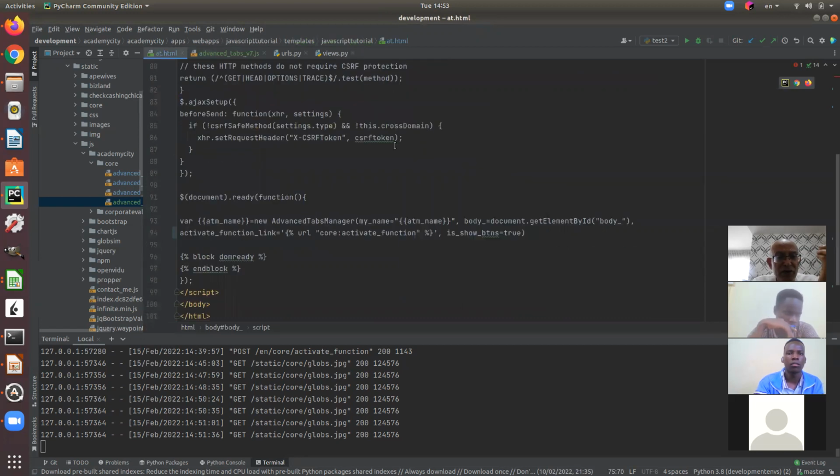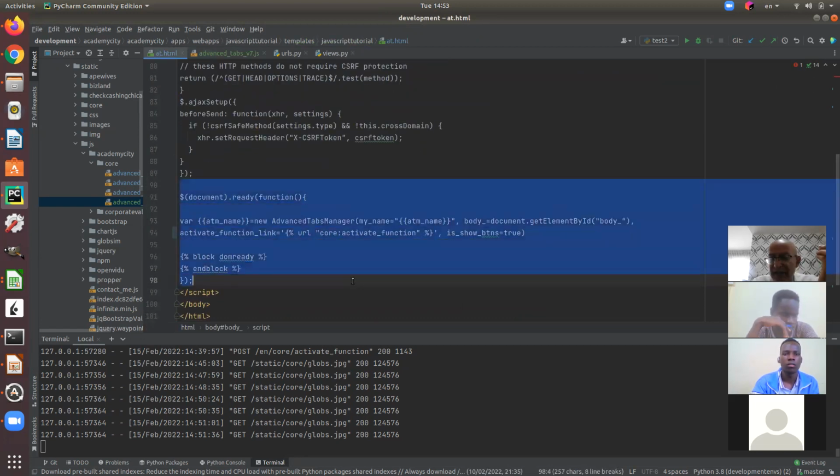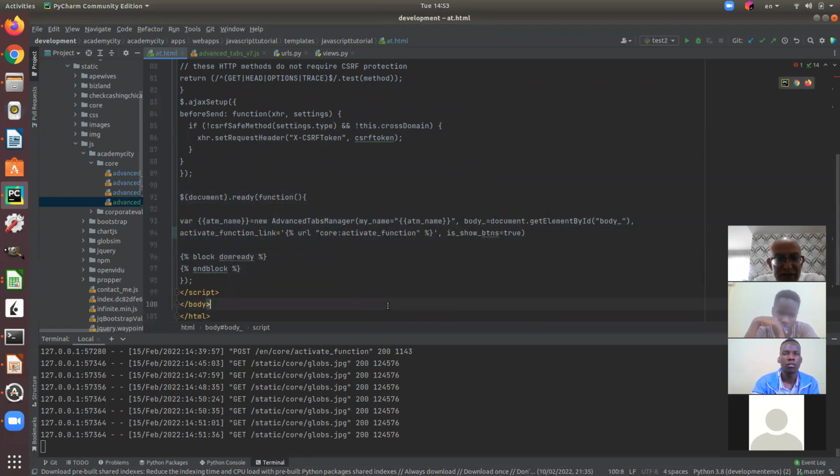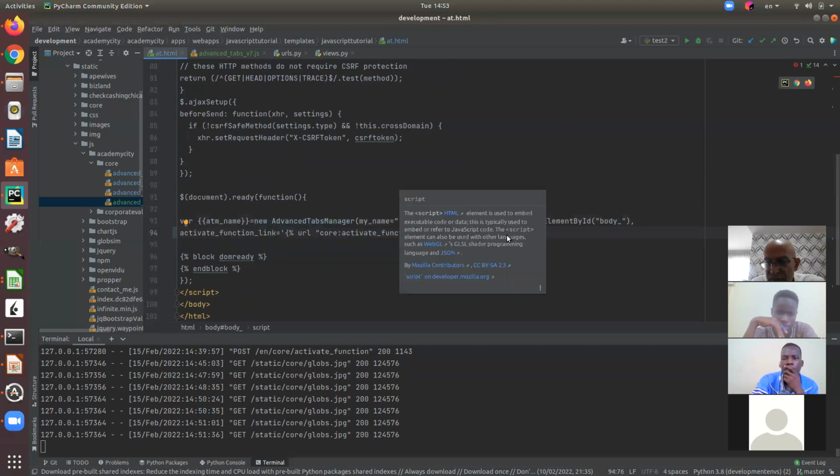When the page is loaded, we said that this function is being called when the page is ready. So when the page is ready, I am making a new object of Advanced Tab Manager. Got it? Yeah. I'm creating it. When I'm creating it, I'm putting each show button true. If I change it to false,